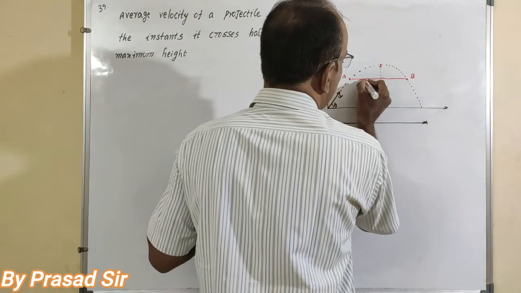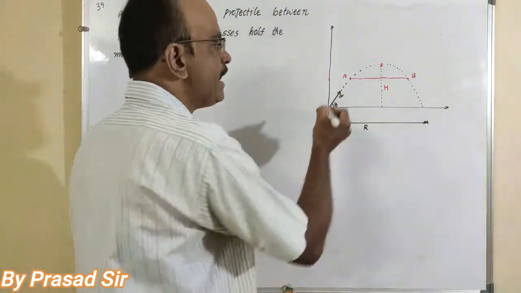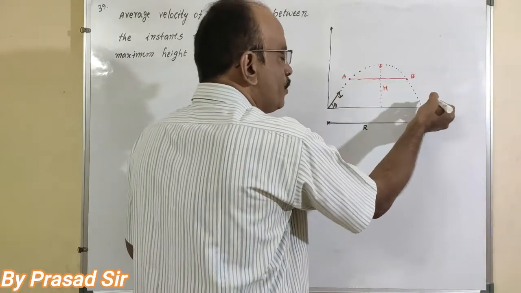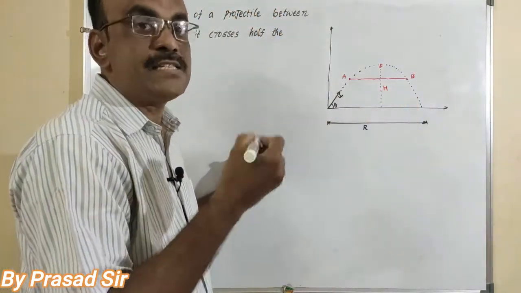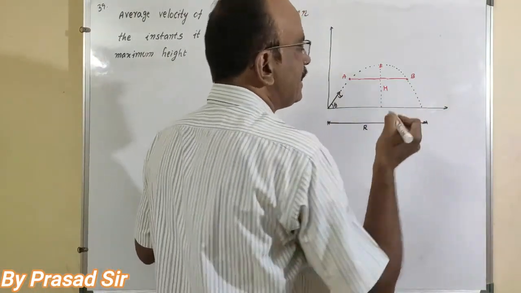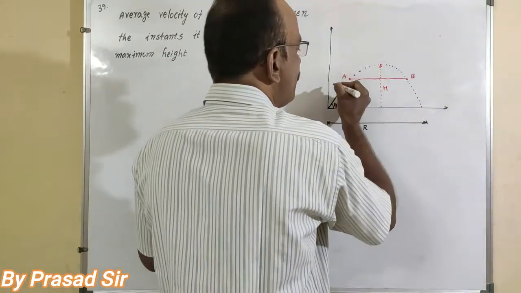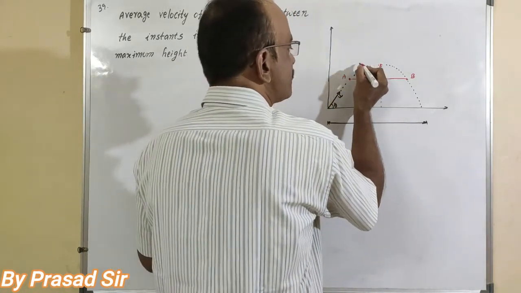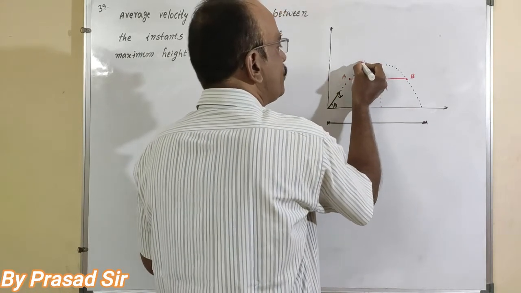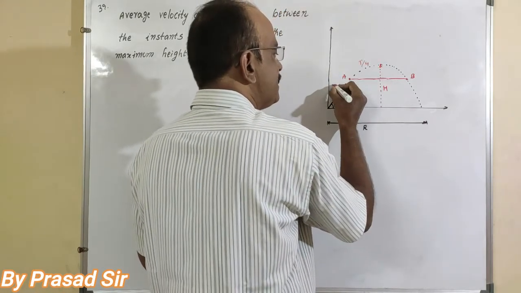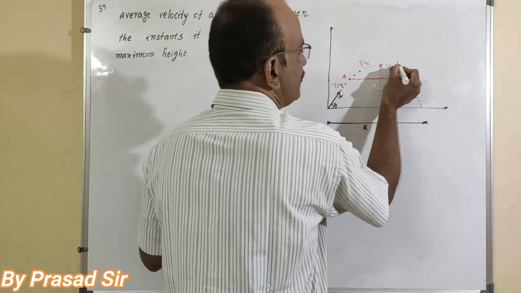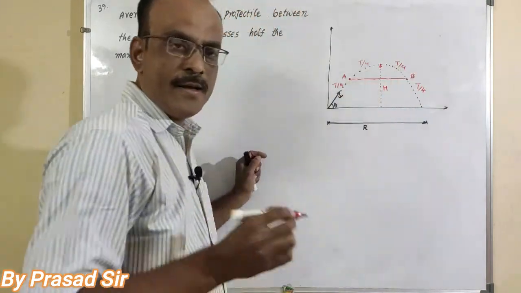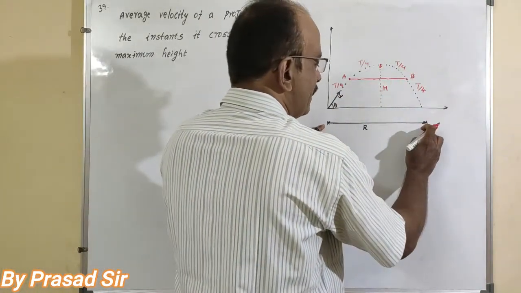First of all, we know a very important thing. The time taken by the ball to cover the maximum range is the time of flight. So from here to here, that is capital T. Up to the maximum height, it is T by 2. But for this particular part, that is T by 2 by 2, that is T by 4. And this is also T by 4, and this is also T by 4. One thing to remember, from here to here is the range.